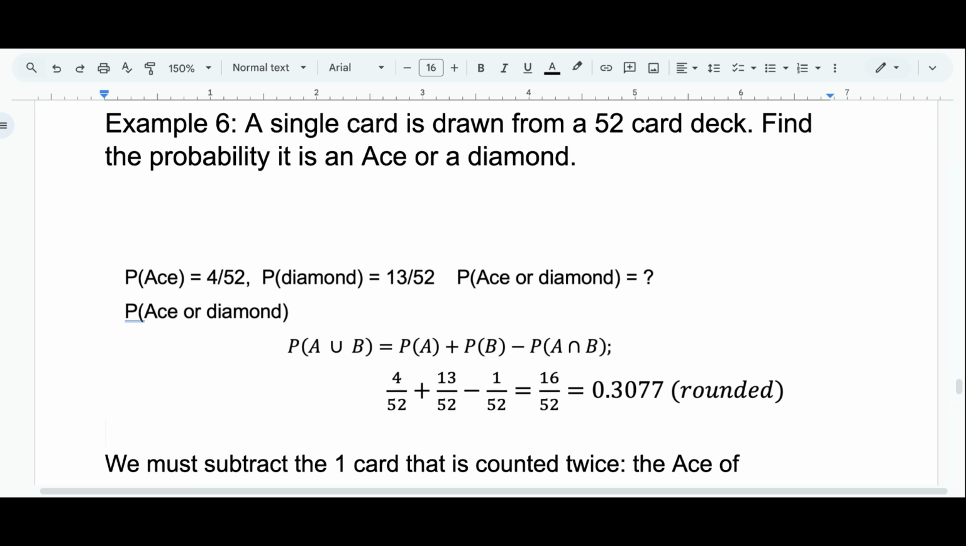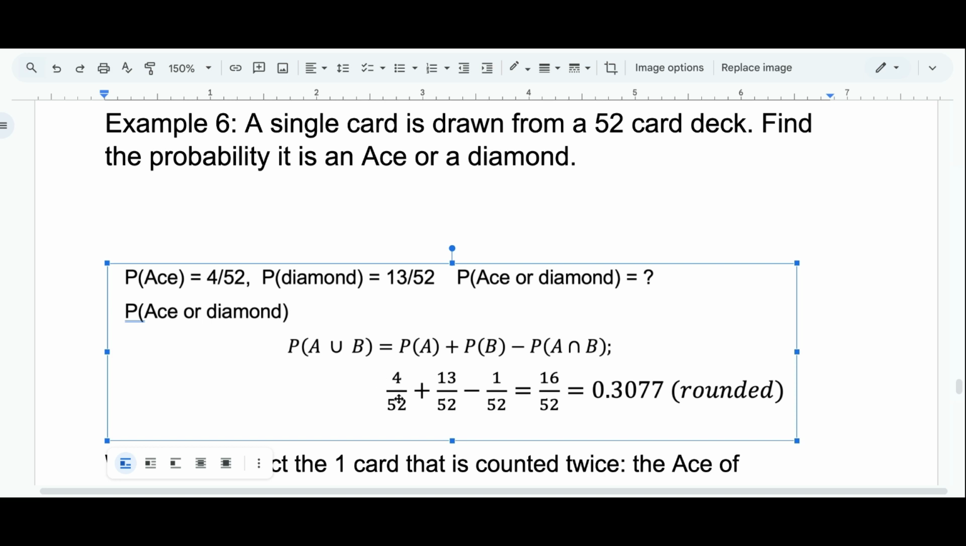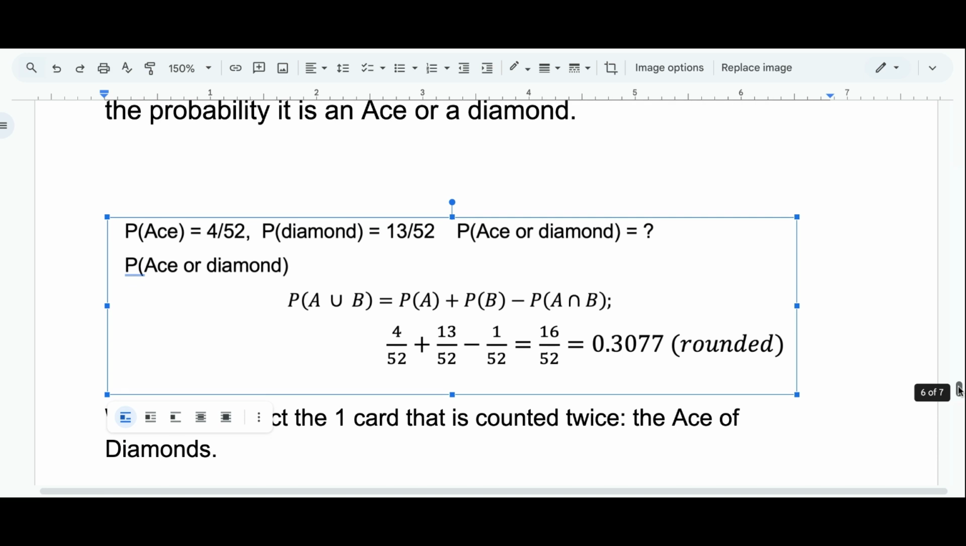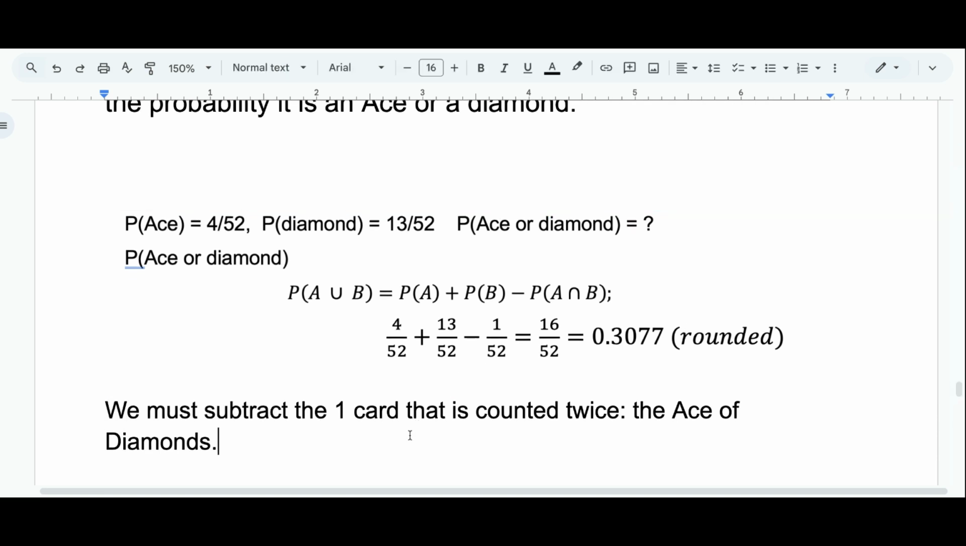Now, there are 4 aces in a deck, so the probability of an ace is 4 out of 52. There are 13 diamonds in a deck, so that's 13 out of 52. Then we have to subtract off what's been counted twice. The ace of diamonds was counted twice. So we have to subtract off that 1 card, leaving us with 16 distinct cards there. So that's 16 out of 52, and that reduces down to